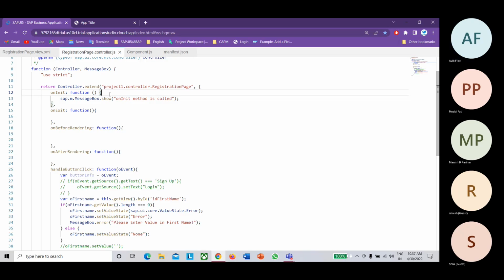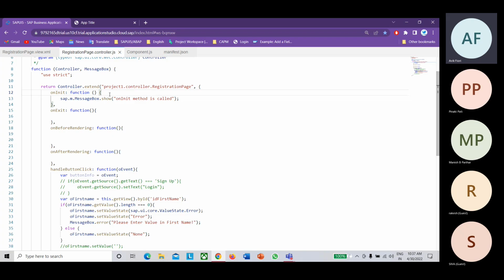Let's say in your app there are 3 or 4 view files. Each view file will have its own associated controller file. As soon as you load the first page, the onInit method will be called, and in that you call one service just to read user details, whoever the person logged into that application.